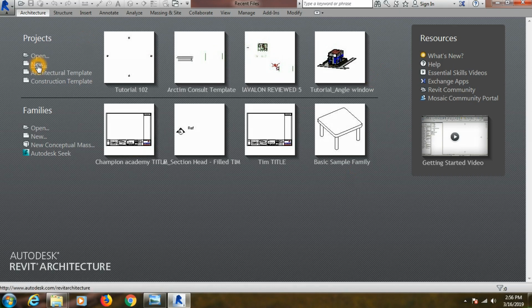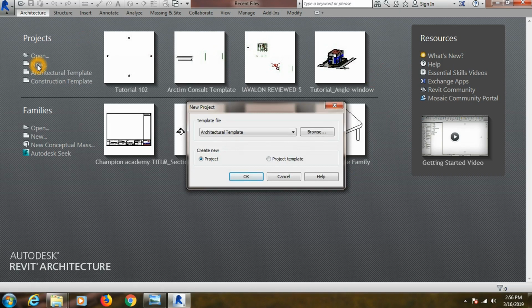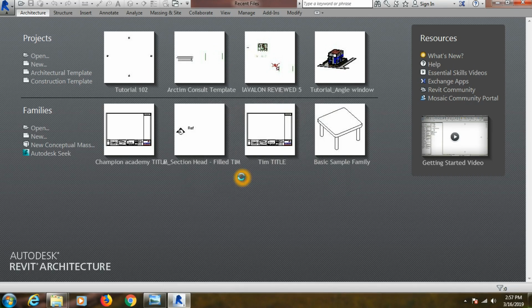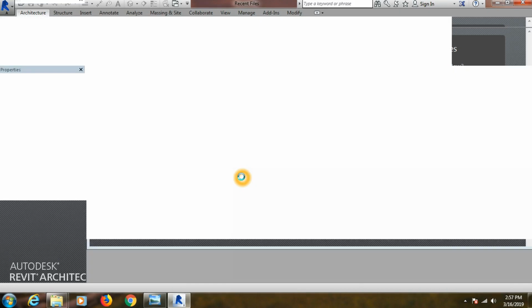What you do is you click on new, and you can click OK. It depends on your installation. When Revit was installed, if you installed the metric system, it will take you direct to the metric system. But if you selected the Imperial system, it will take you to the Imperial system. Now if I hit OK now, I am going to go direct to the Imperial system, and the names of